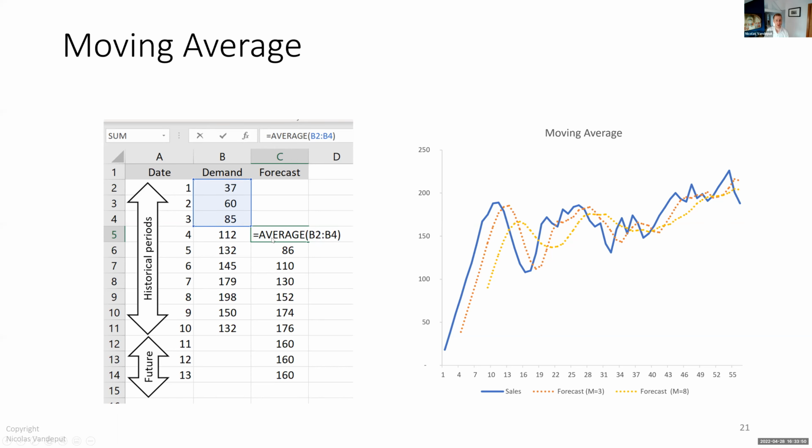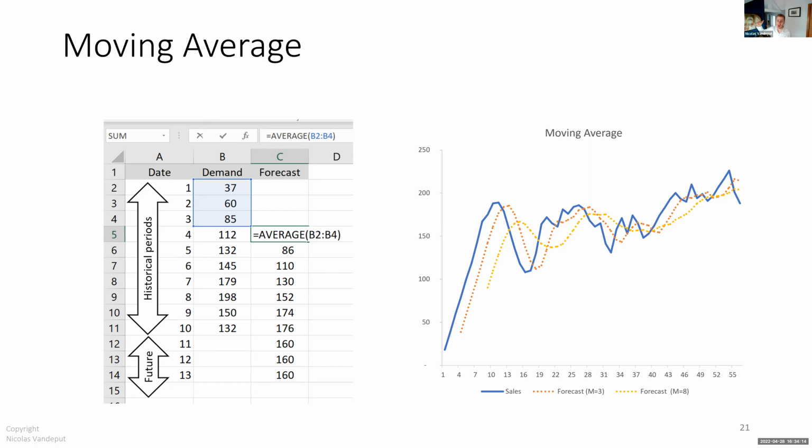So a moving average in Excel, you can set it up quite easily yourself. You just say that any forecast is the average of the last 3 or 6 periods, and you just move forward with this. You would get a forecast that looks like the graph on the right side. Now, what we can see is that if you use a moving average of the last 3 periods, that would be the orange line here. You see that it fluctuates quite a lot,